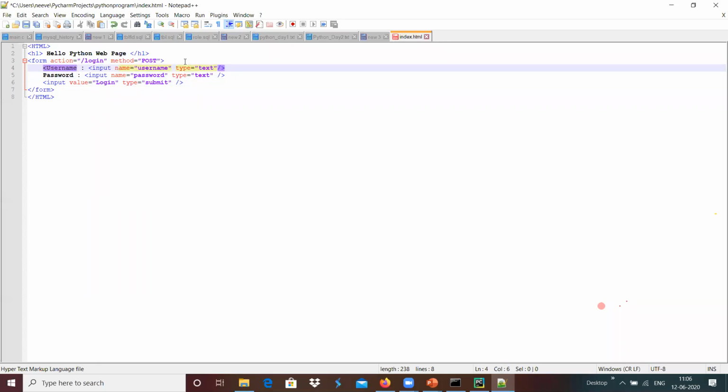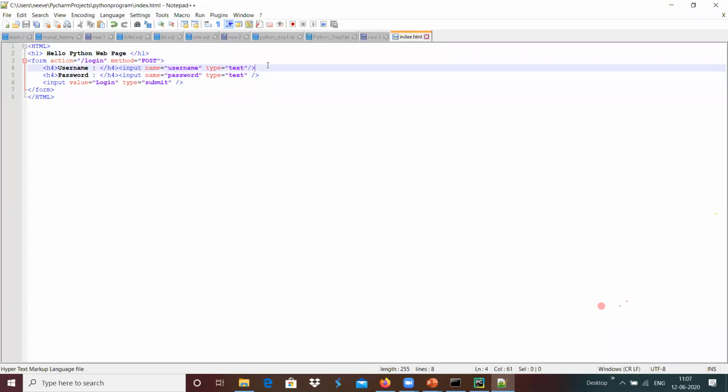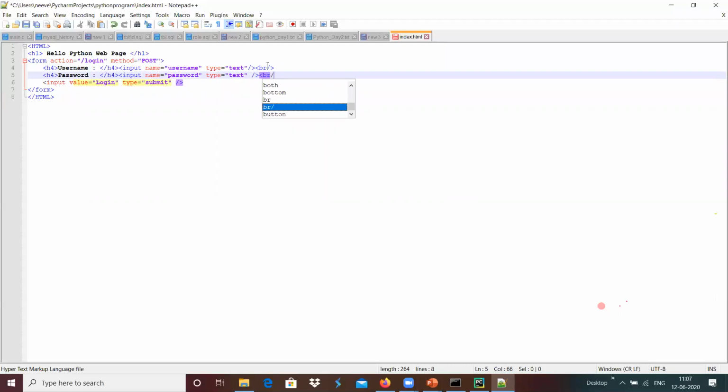This one I'm going to change to an h4, and this one also I'm going to change to h4. Then we have the closing h4 here, and maybe we can add a breaker here. Once it is done, I'm going to put a BR breaker, and similarly another breaker here.